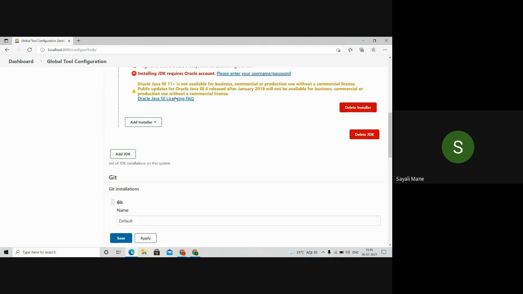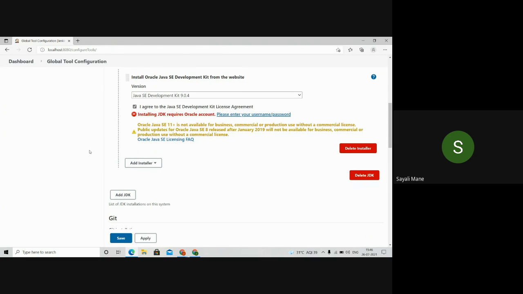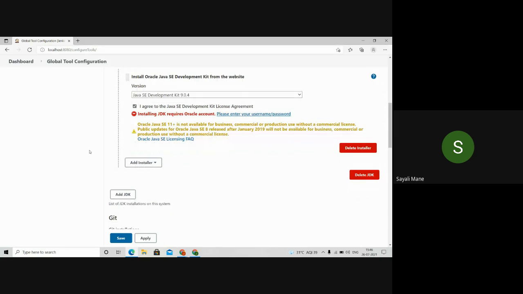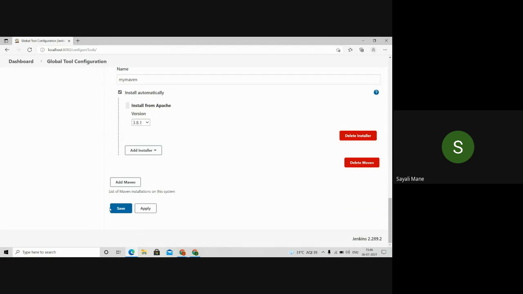Close it. Correct. Now scroll up. Now click on I agree. It's done. Okay. It is done, right? Yes. Okay. Now after that, just click save. Make sure Git is there. Yeah, Maven is done, and then click on the save button.